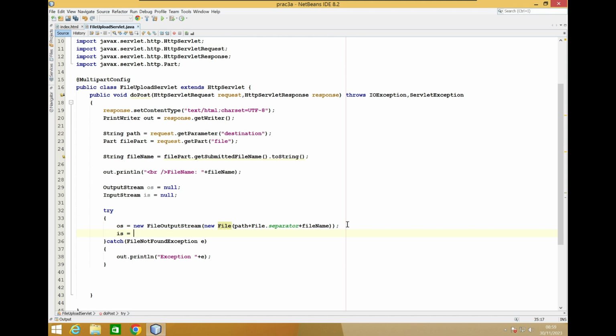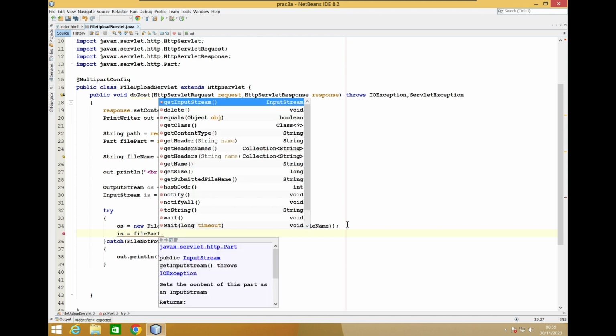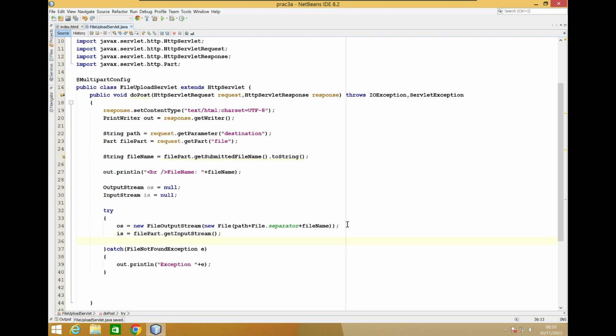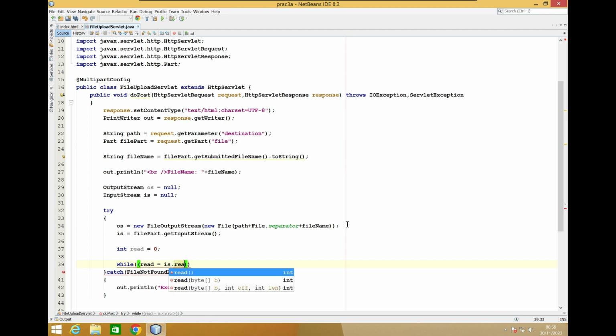right? So input stream is equal to file part dot get input stream. So here it will check whether any data is uploaded. So int read is equal to 0, while read is equal to input stream dot read. So if any data is present which is to be read,